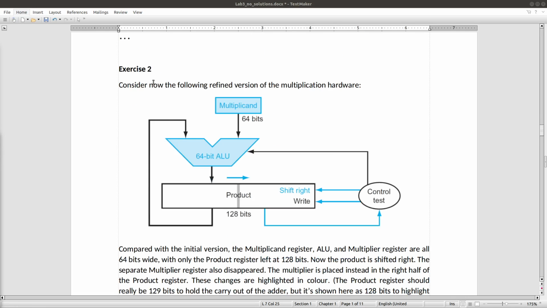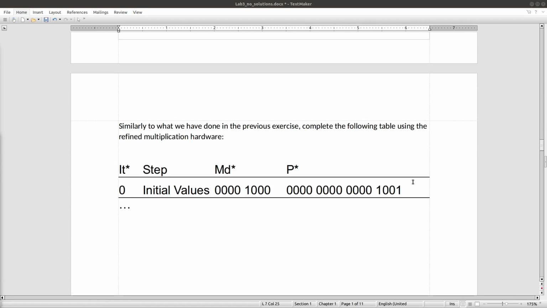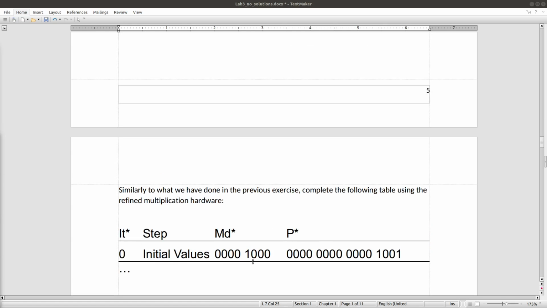And then we will have exercise 2, in which we will refine our previous hardware design for multiplication to reduce the hardware used, and then you will need to apply that hardware to this multiplication with this initial value, step by step, so that you can see how the multiplicand and the product will change until you get the final result. Of course, I will work together with you on this also.